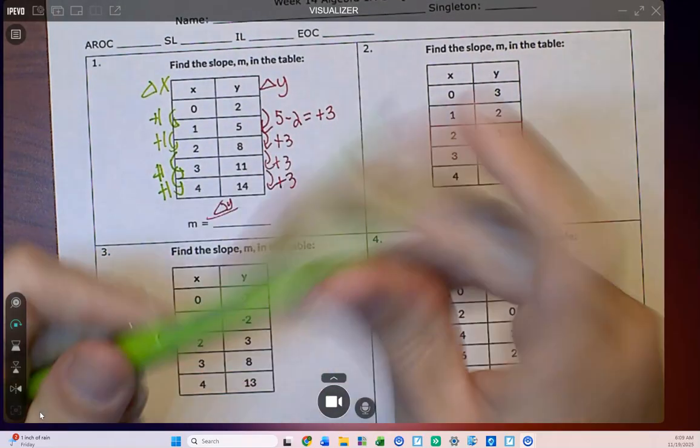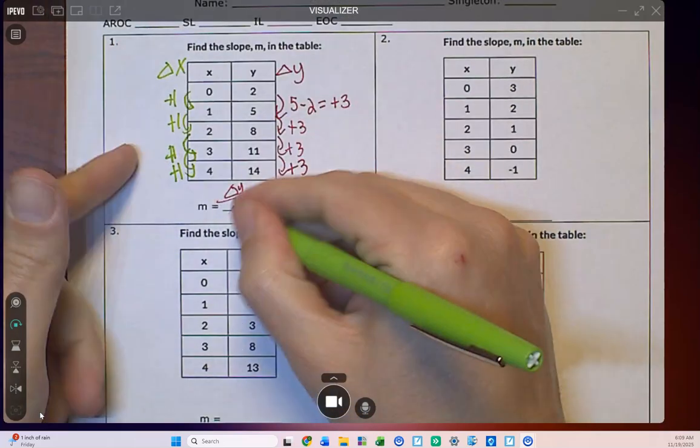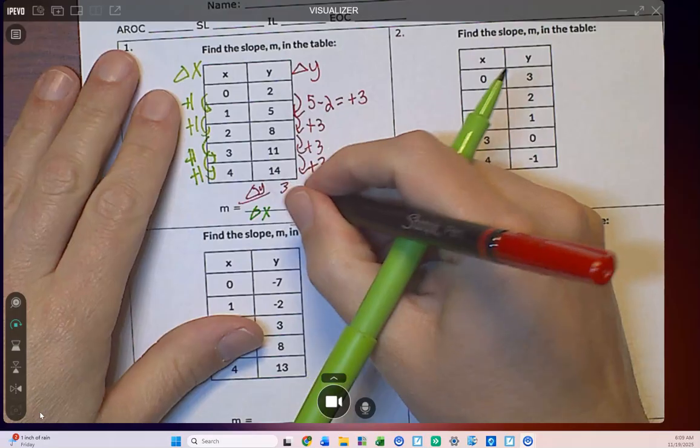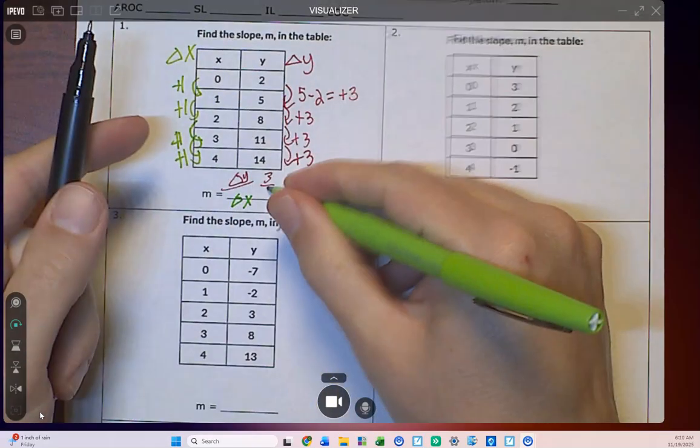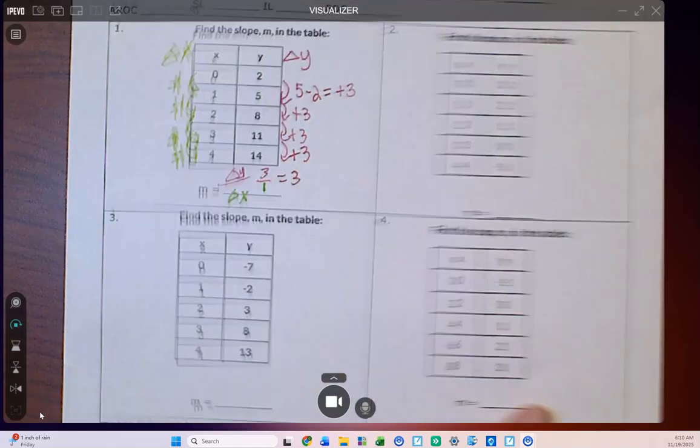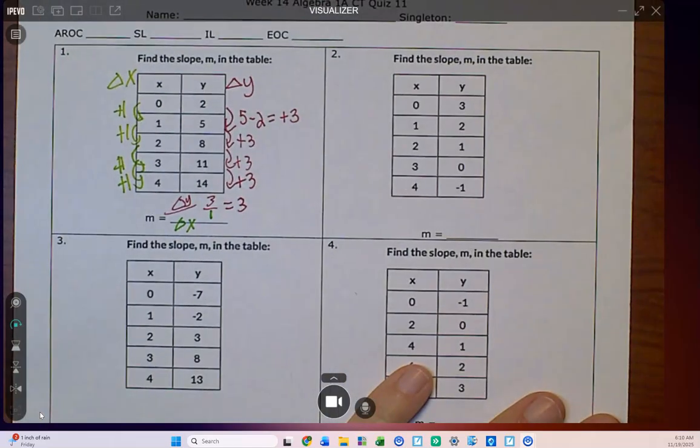The bell work today had horizontal tables where it can really kind of confuse kids. So we got 3 over 1, or you just say 3. You make it an integer when you can. Now, to know